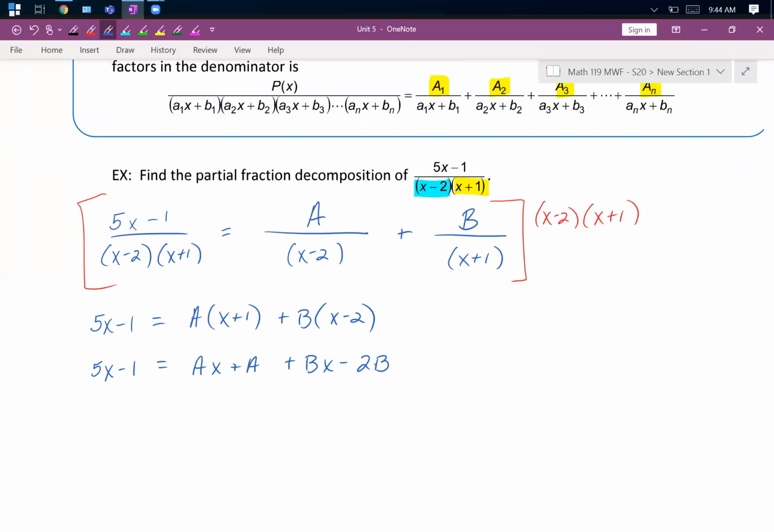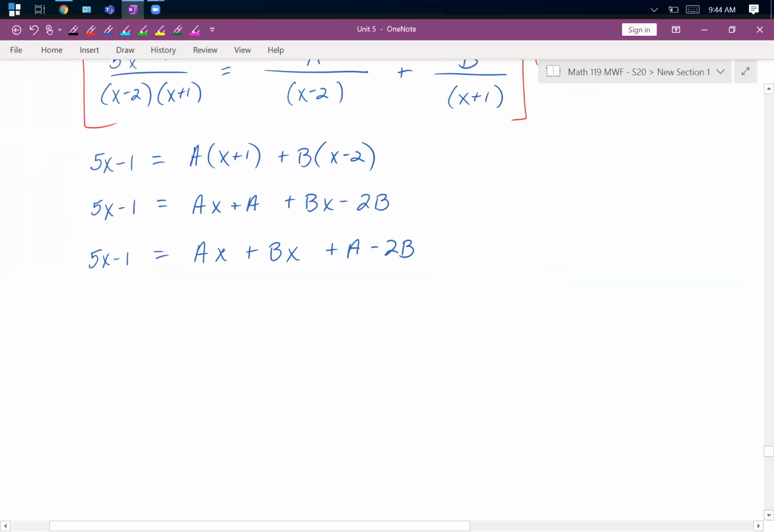And remember, your x is your variable. The A and B, those are just constant values that we're going to figure out. So when I rewrite it in descending order, I'm going to have Ax plus Bx plus A minus 2B. Next,